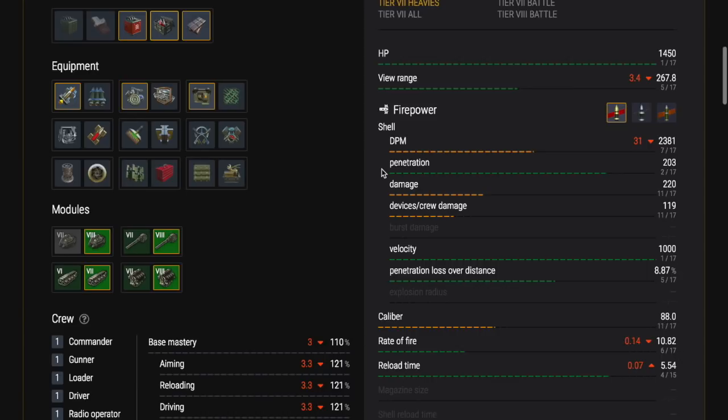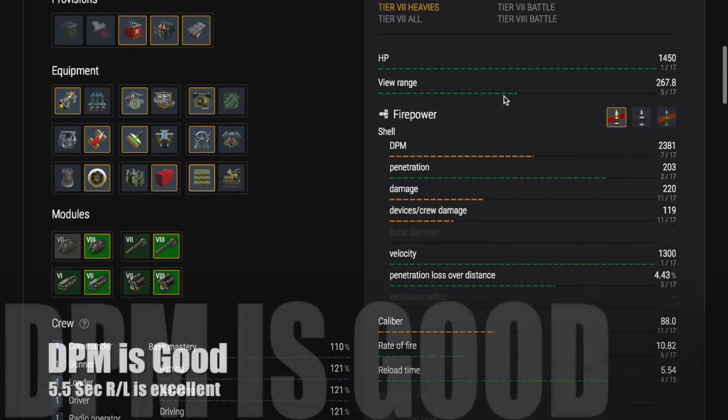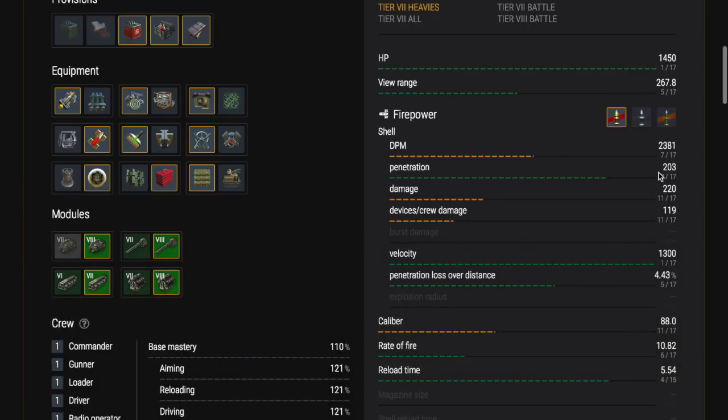It has an 88mm gun, which is brilliant. It's very accurate, and I use a supercharged and refined gun on this. Why? Because I want to maximize the penetration and I want to minimize penetration loss over distance. The DPM on this tank is pretty good. It's pumping out rounds at 5.5 rounds per second,